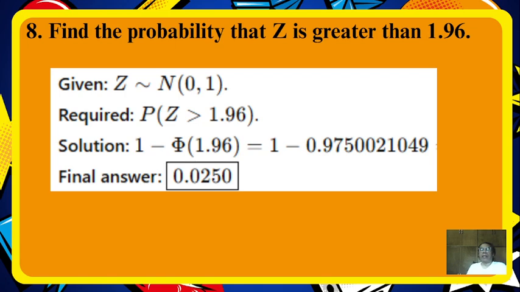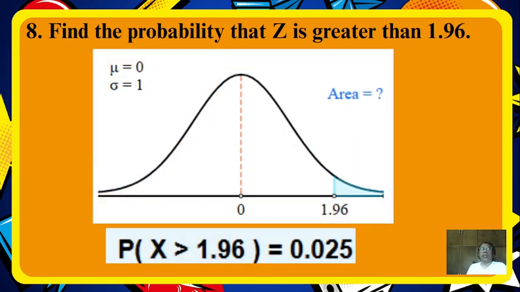And the final answer is 0.0250. Using our math portal, as you can see, the shaded area there is the one that is the area to be determined. It is 0.025,